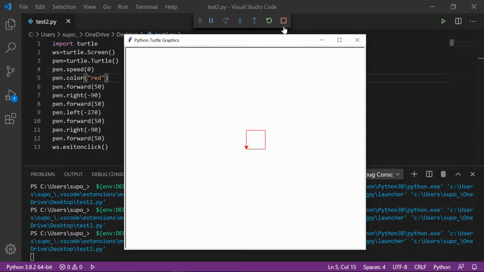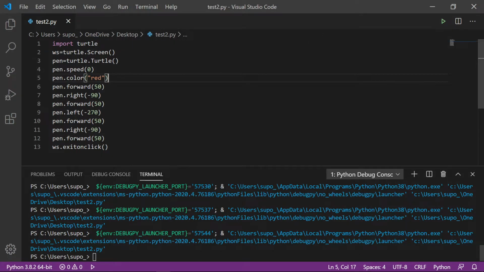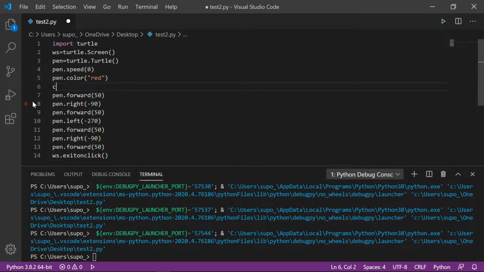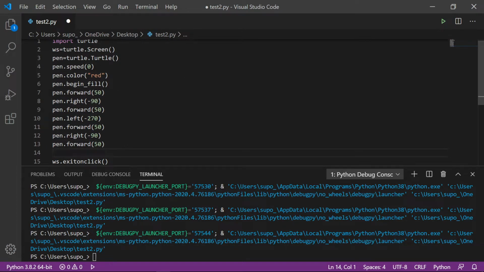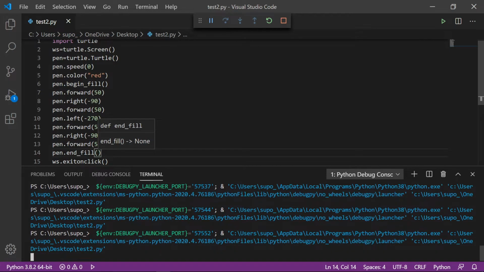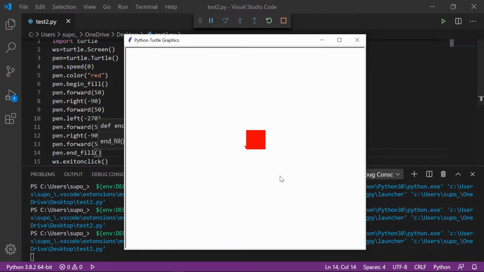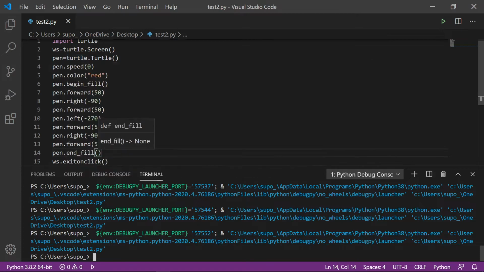Okay, so for that, let's give it some color. So pen dot begin fill, and at the end, after drawing a square, we'll fill the color. So we have to give here pen dot end fill, and let's see what happened. Okay, you guys can see how I filled the red color inside my square, and I will change my speed